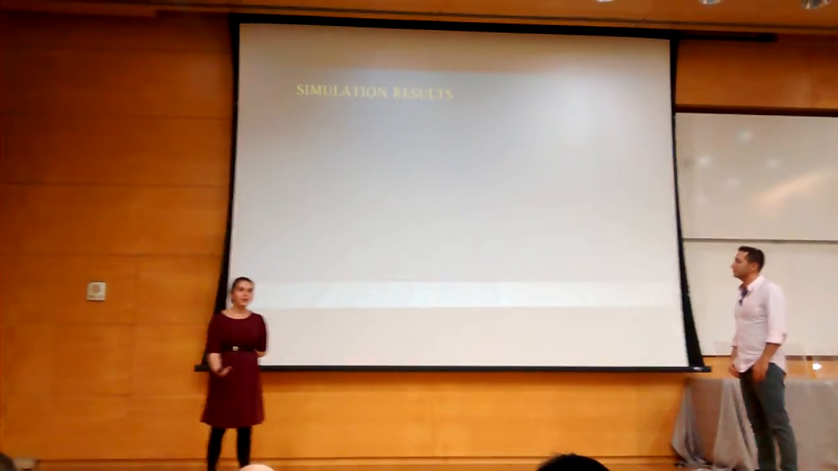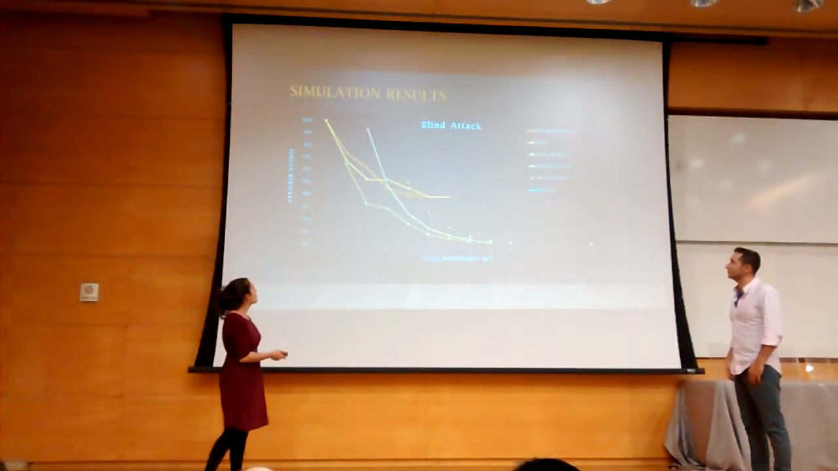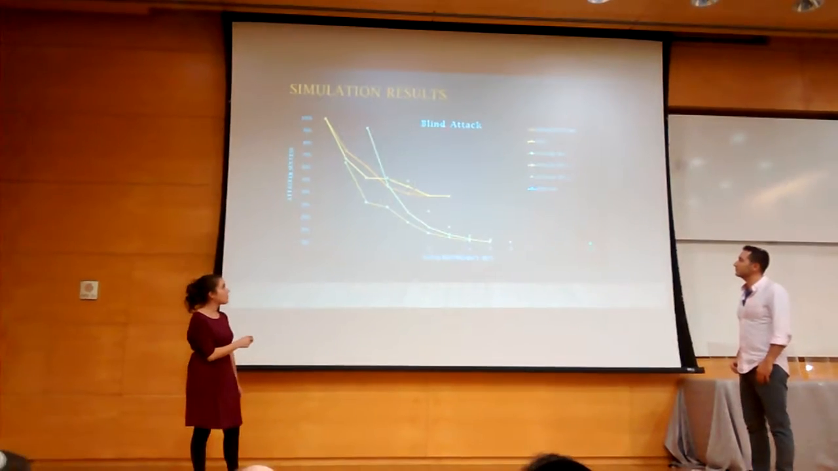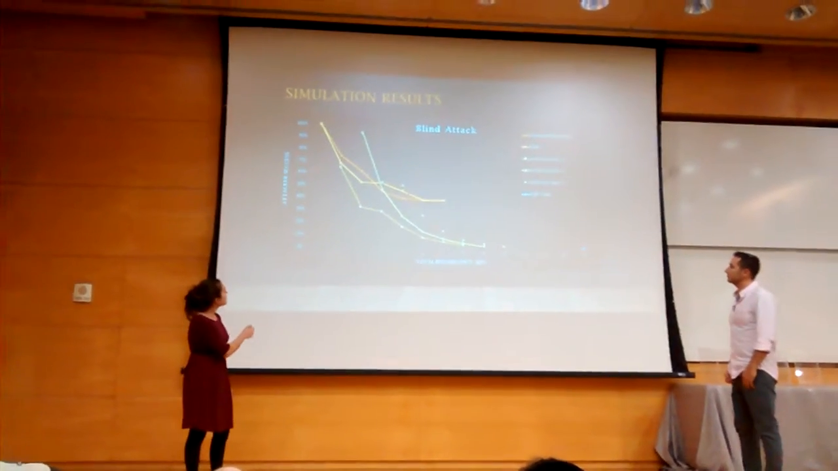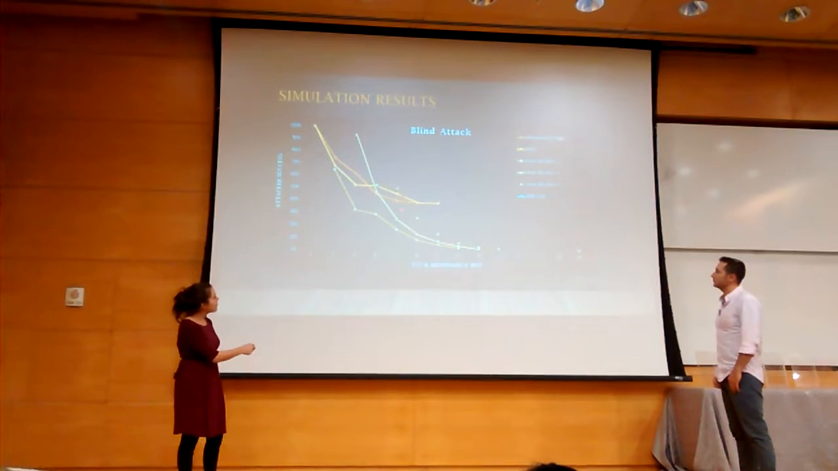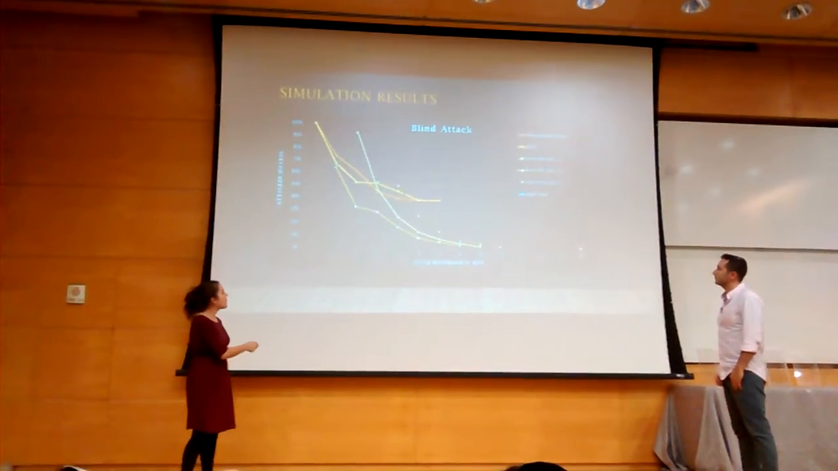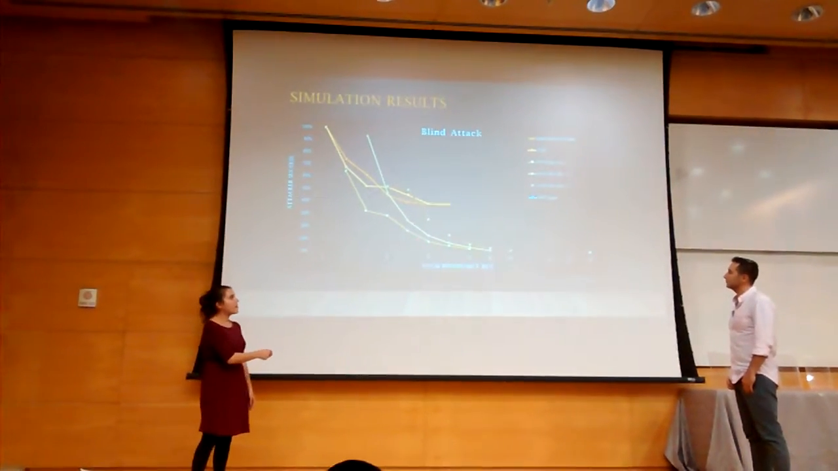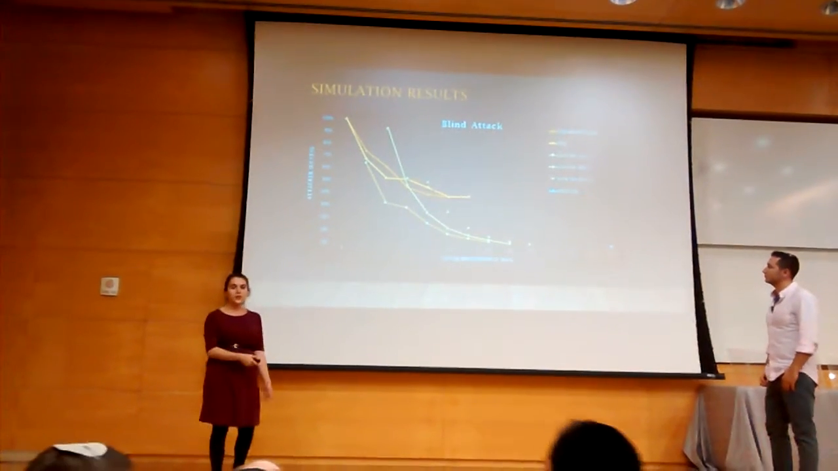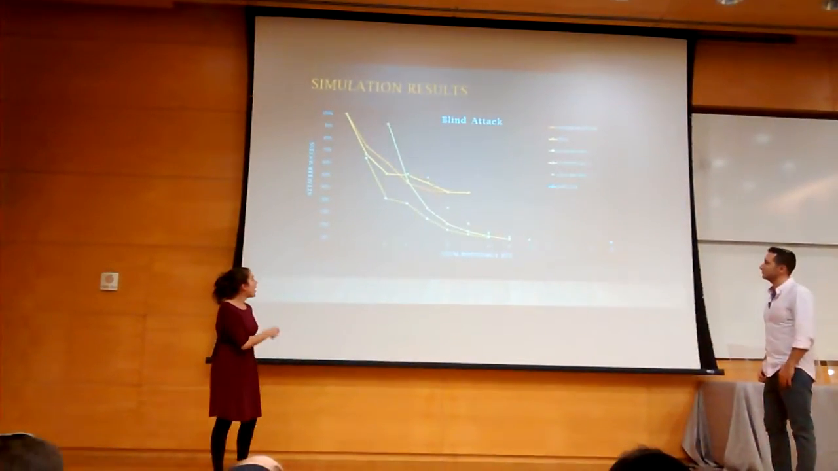We then ran our simulations. These are the results of the blind attack. We can see here the unmodified PC code, where we didn't make any changes, and the 3 green graphs, those represent level out simulations with different amounts of redundancy bits. And we can see that our